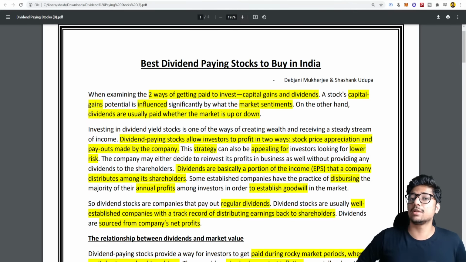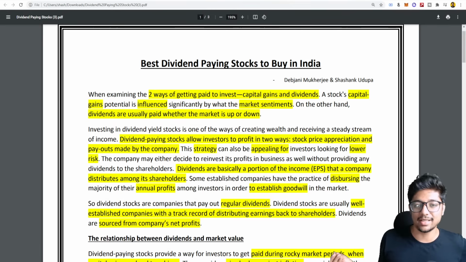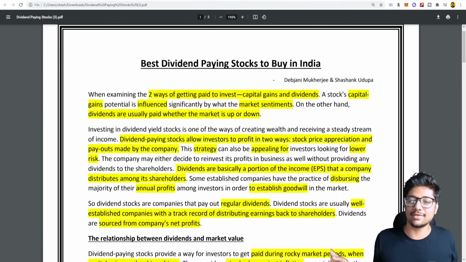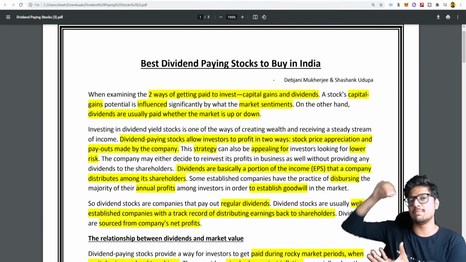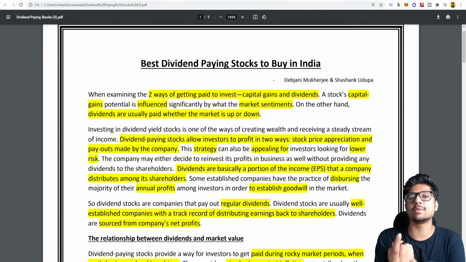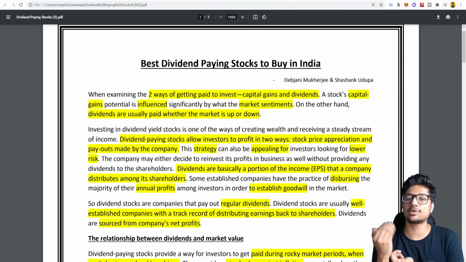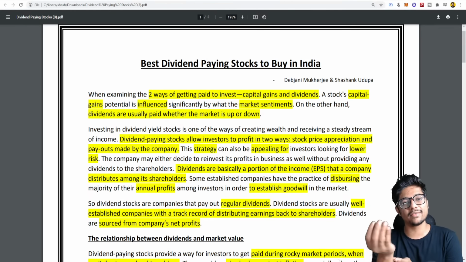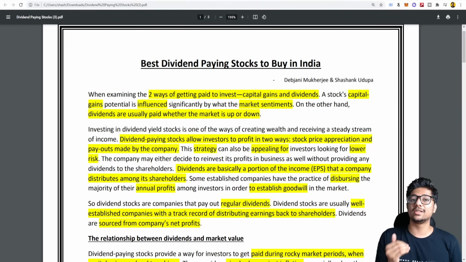If I have invested in a particular stock and I get dividends, instead of taking those dividends and going out partying, or going out for a nice dinner with my friends, why don't you take that money? Because that's not your money. That is the stock market's money that you've got. Why don't you take those dividends and put them back into the same stock? Sometimes you'll say, but Shashank, the dividend is not enough to even buy one stock. No problem, buy some other stock in the portfolio, or wait for the next dividend and put it back into the stock. But that is called the dividend reinvesting strategy.